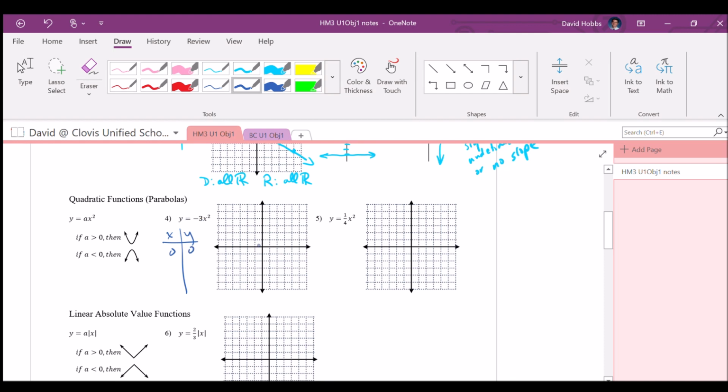So they go through 0, 0. If I plug in a 1 or a -1, 1 squared times -3, -1 squared times -3,